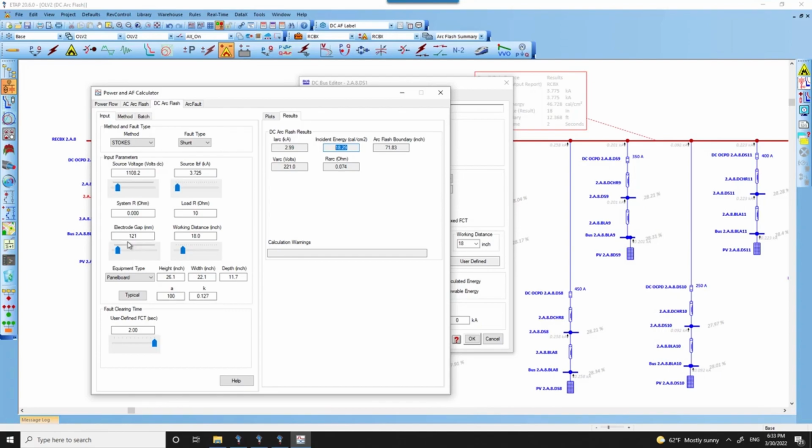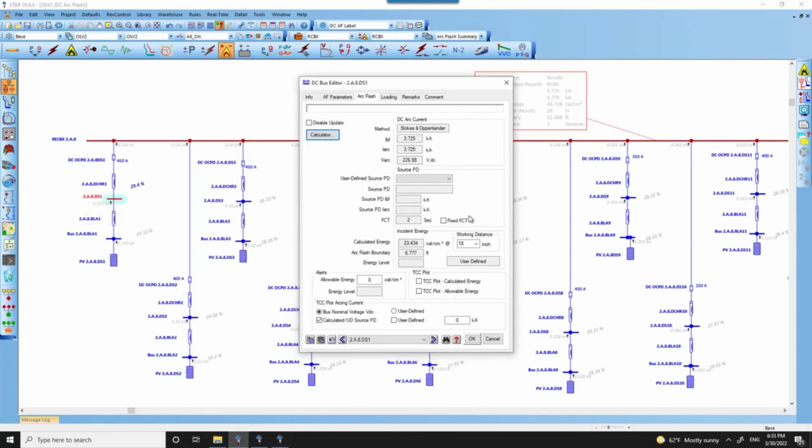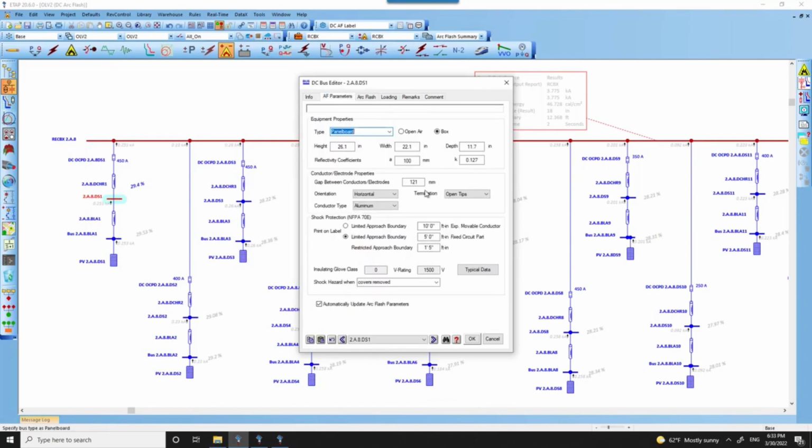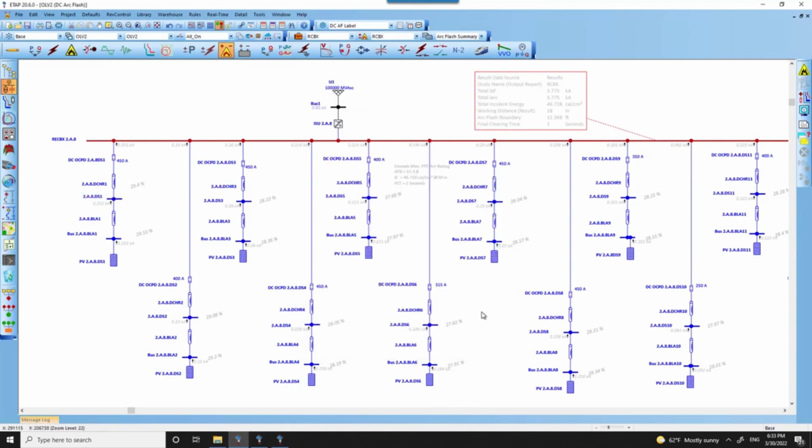not the size of the width of the enclosure or the width of the fuse disconnect, and it was still less than that. So we chose that as our best approximation for the gap between the conductors, because we do not have any standards, documents, or references to get that accurate value, rather than physically measuring the gap between the conductors on a running facility. This was not given to us, so we were able to use the analysis tools from Etap to best estimate the gap in such a way that the incident energy is not